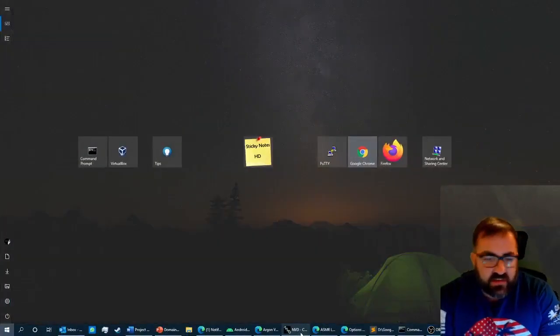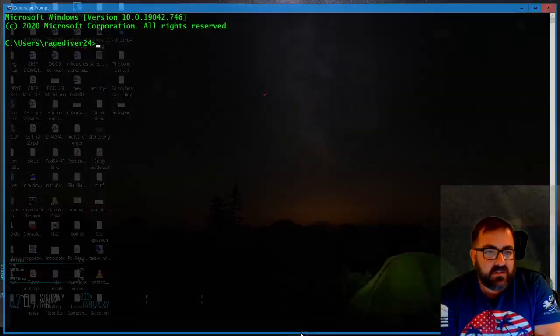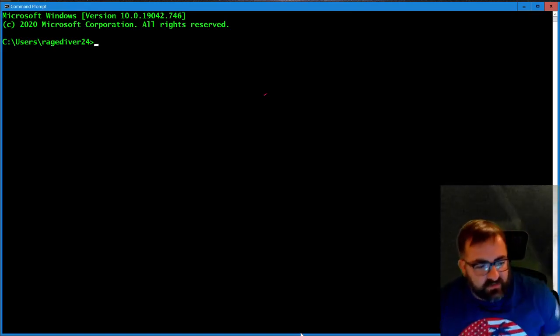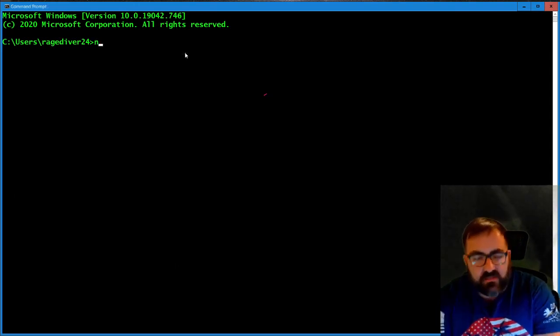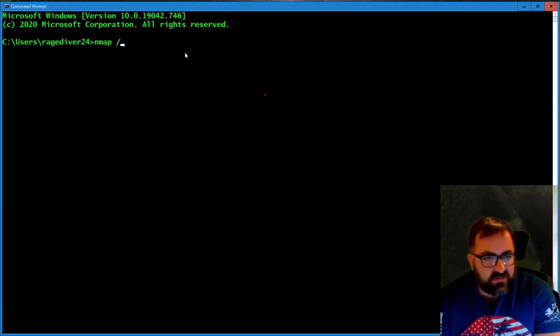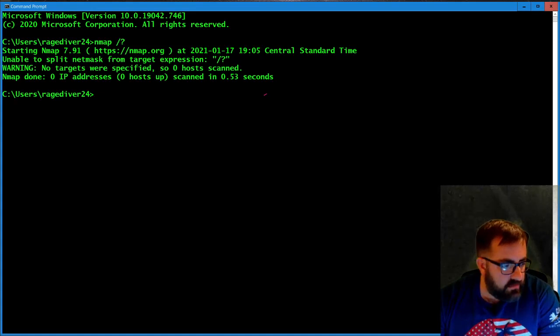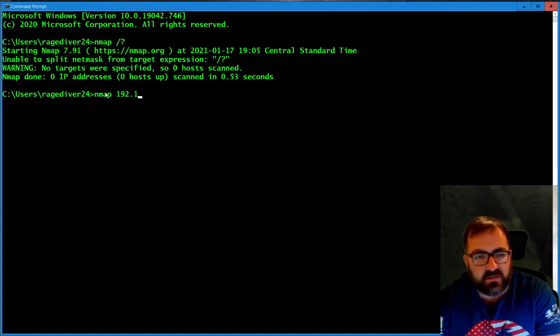Now let's look at Nmap. If you go to the start menu and you type in CMD, you'll get a command prompt. This looks like any other Windows command prompt, and that's perfectly fine. What we want to do here is type in Nmap, and then we're going to do /? So Nmap doesn't have a help file like a traditional Windows command. So with Nmap, we're just going to type in Nmap, and we're going to do